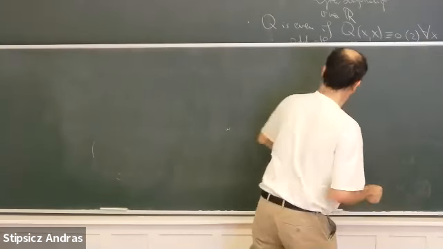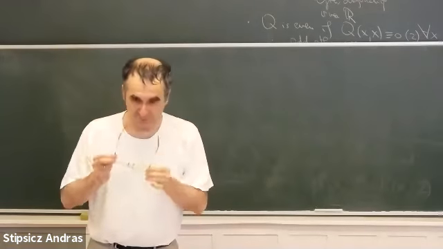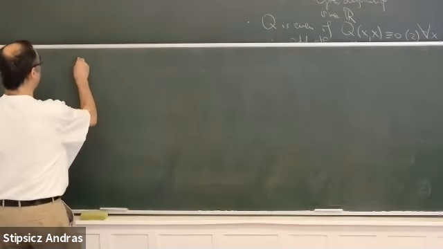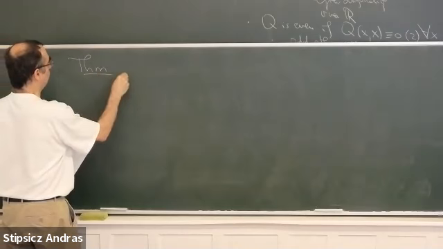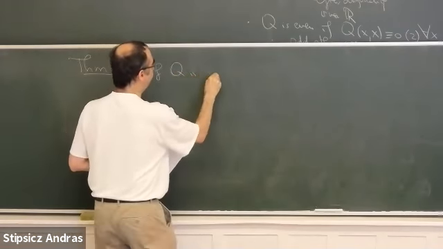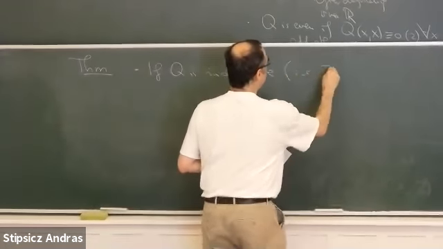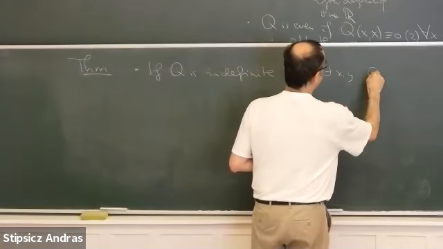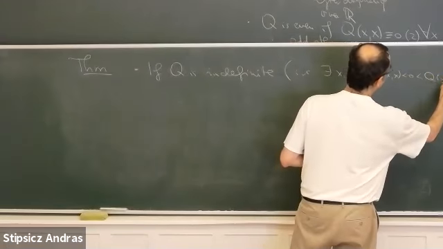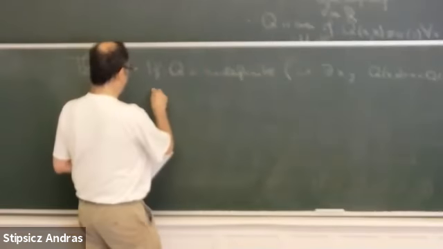So here is the theorem, which again is a combination of number theory and algebra. Theorem, first case: if Q is indefinite, meaning there exist x and y such that Q(x,x) is negative and Q(y,y) is positive, then